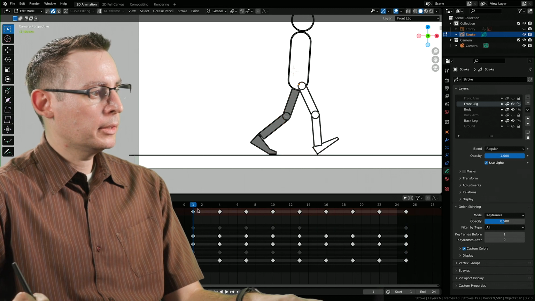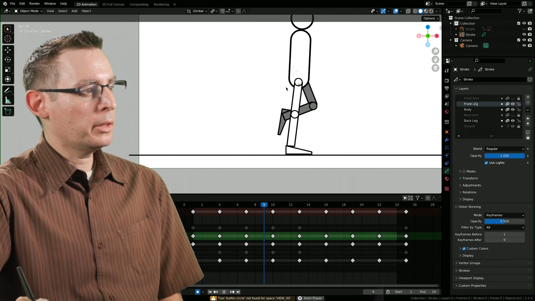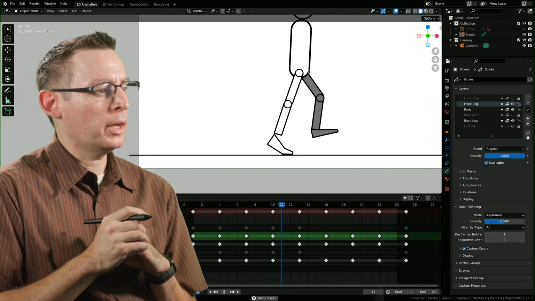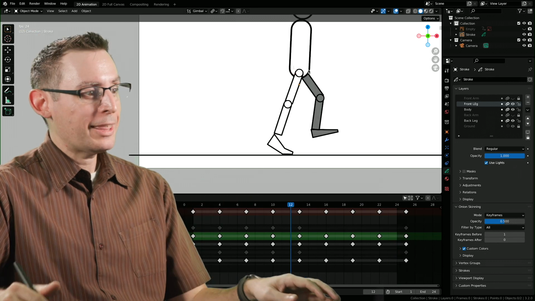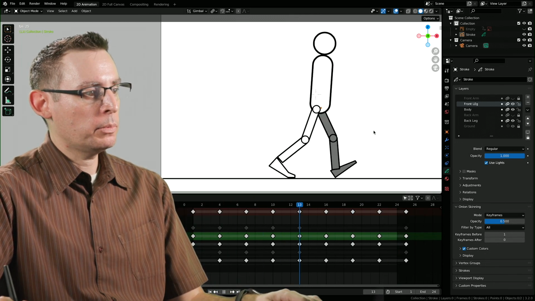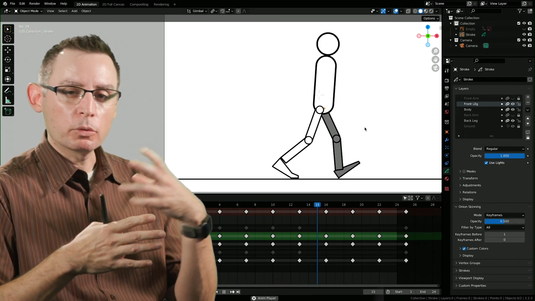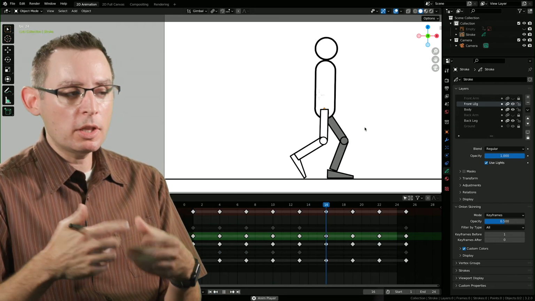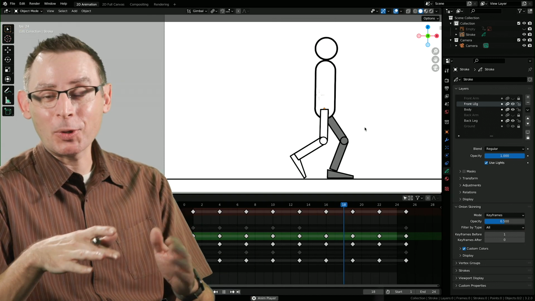And now there it is. It's all put together. Wonderful. I got a little bug there in the hip, but that's just a small little adjustment that I can make. But as far as the posing goes, that, my friends, is how we do it. We've created a loopable walk cycle. We've focused on the poses. We're restructuring the poses and reusing them, to make sure that the front half of our walk cycle is identical to the back half.